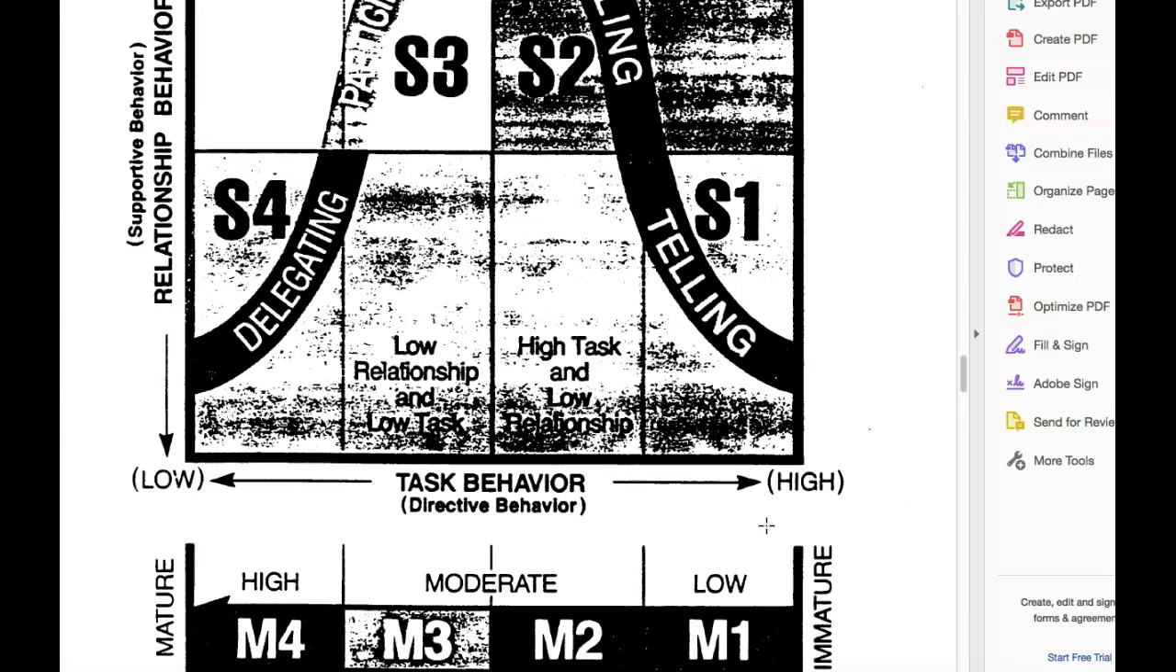And we're seeing here, M1 would be low. In other words, it would be a low commitment, low competence. And as we move on, then their competence still is low here, but their commitment's higher. And then you get into M3 where they start to have higher competence, and then M4 where they have high